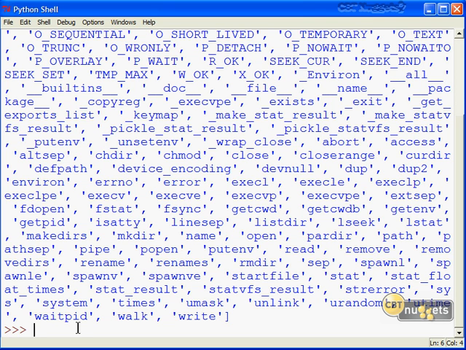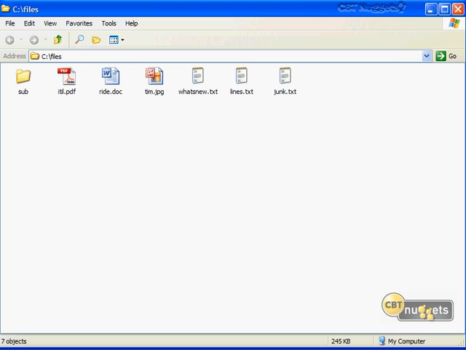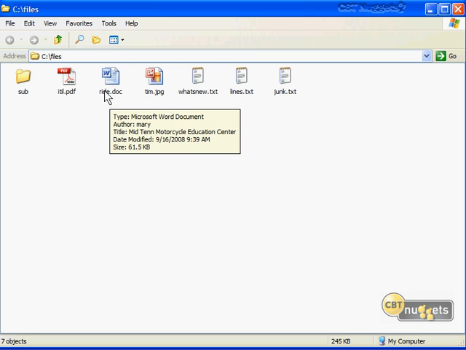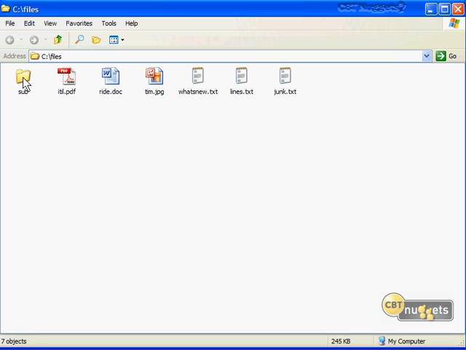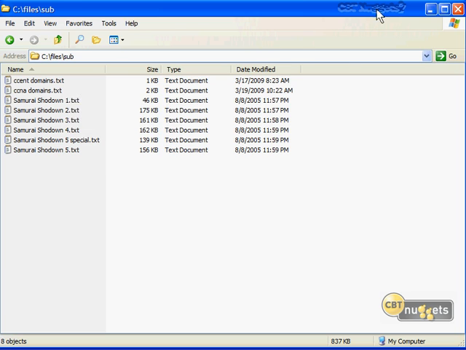Why don't we play around with that path.join function I told you about. In fact, there's path right here. Let me highlight it. There we go. What I'm going to show you is how to build a path to something that already exists. Now on my system, I have a folder called Files, and you see I have a bunch of sample content in here that we're going to be poking around into in just a little bit: some text files, a JPEG image, a Microsoft Word document file, a PDF file, and a subfolder that has a whole bunch of text files in it.